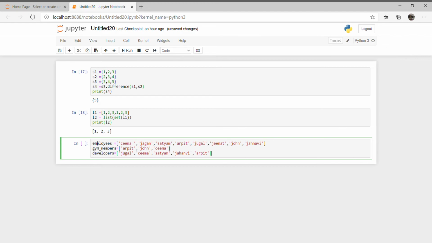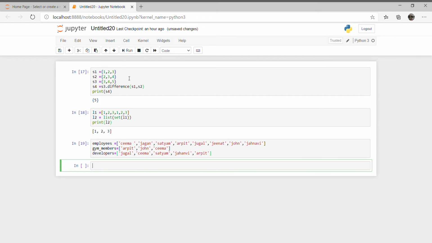Imagine a situation where you have a list and sublists like this, which might come from a database. First of all, let's see which employees